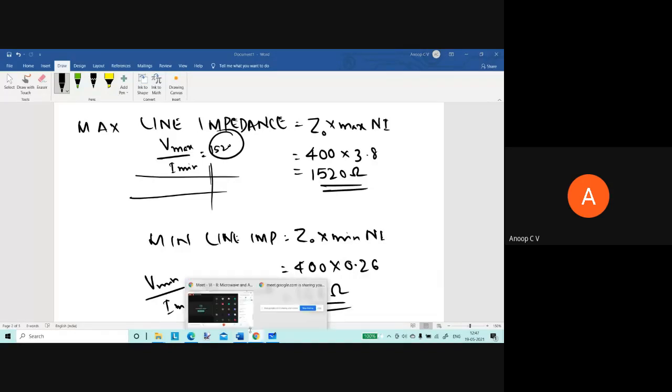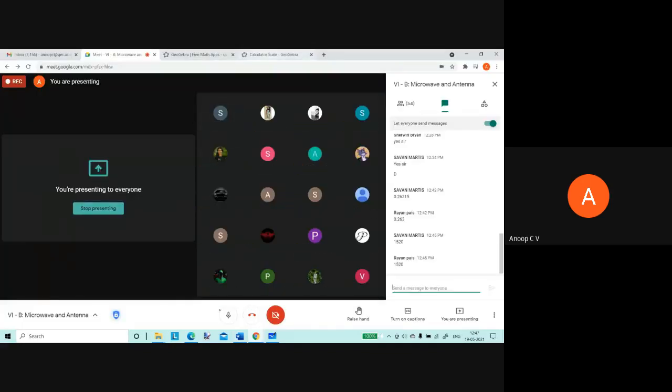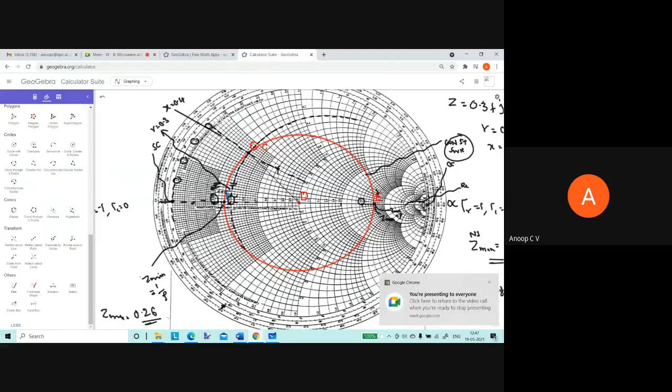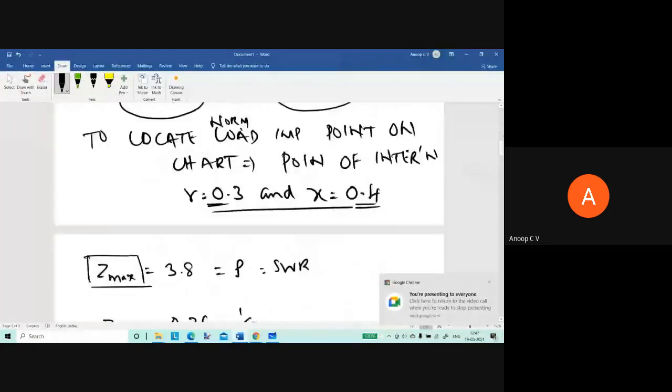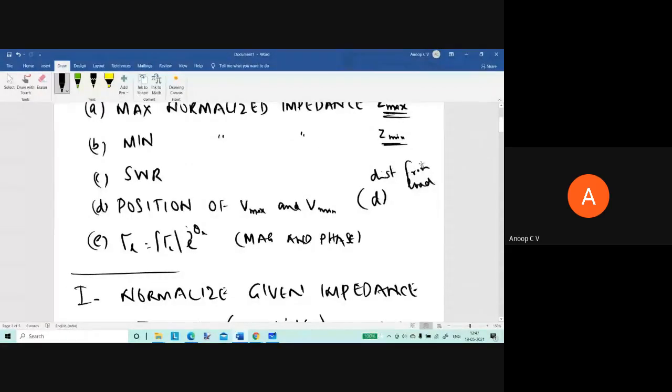How did we find out the maximum and minimum impedance, standing wave ratio? So in our question, what all did we find now? We had to find maximum normalized impedance, we found minimum normalized impedance. Apart from that, we found maximum line impedance and minimum line impedance. That was actually two additional things which we found, which were not asked in the question. If you know the normalized impedance, from that you can find the actual impedance, provided the characteristic impedance is known.